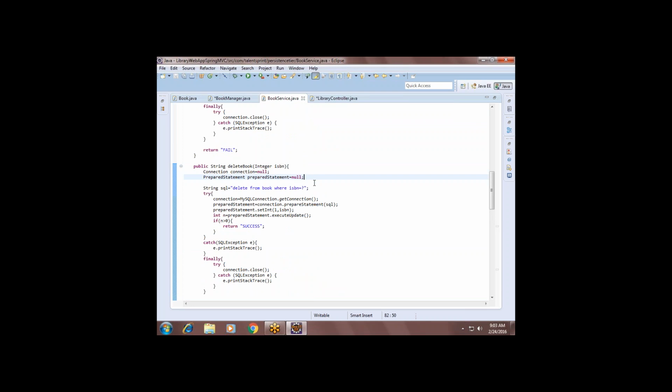Understand, guys? Suppose tomorrow you are not using a web application, you are using a normal client application. So servlet will not be there, controller will not be there. So the business layer and DAO layer still exist the same, right? Anyone can create forms and they can call the same business layer. The same flow will be executed, right? Yeah, correct. That is the main intention of this.